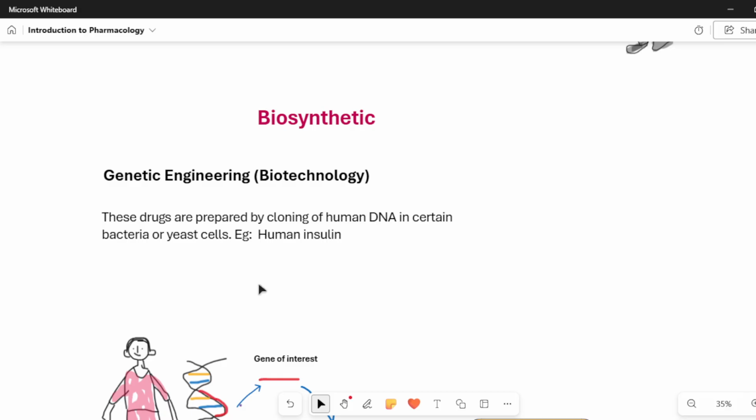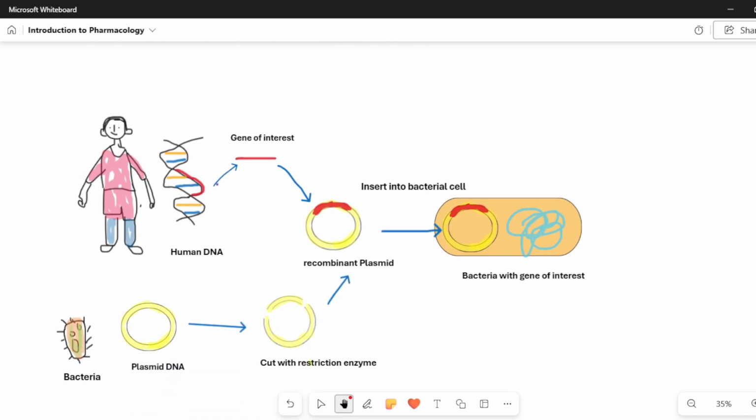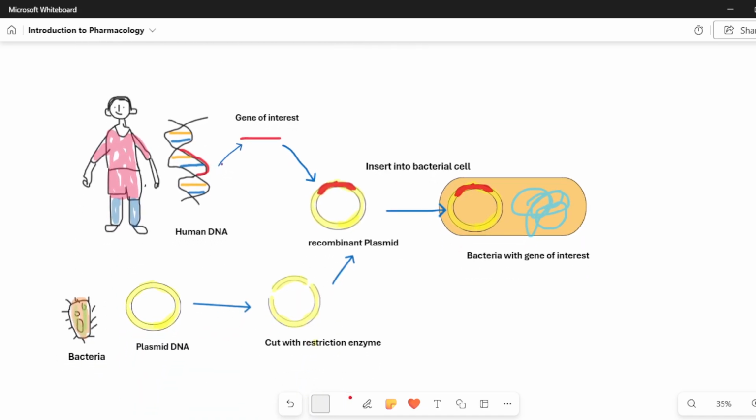For example, the insulin which we use in diabetics is derived like this. Here we will see the genetic engineering process, how they derive the drugs. So now what they do, they take our human DNA and they search for the gene which they require.